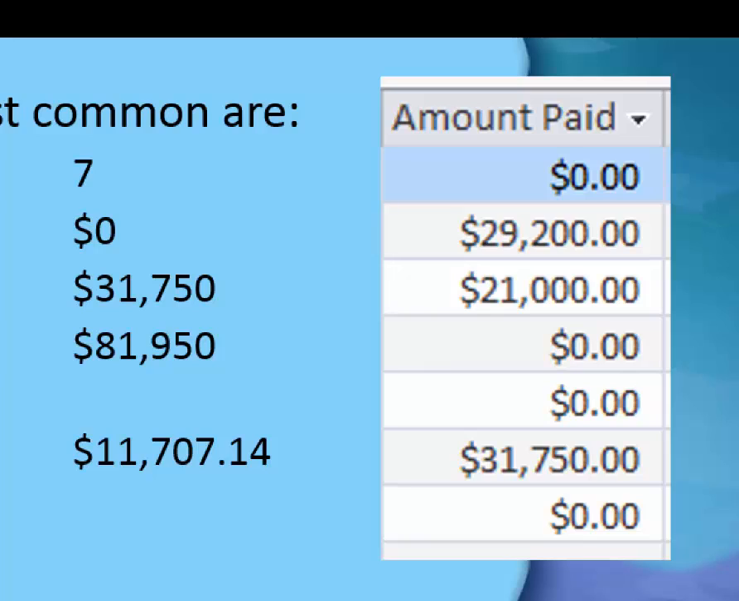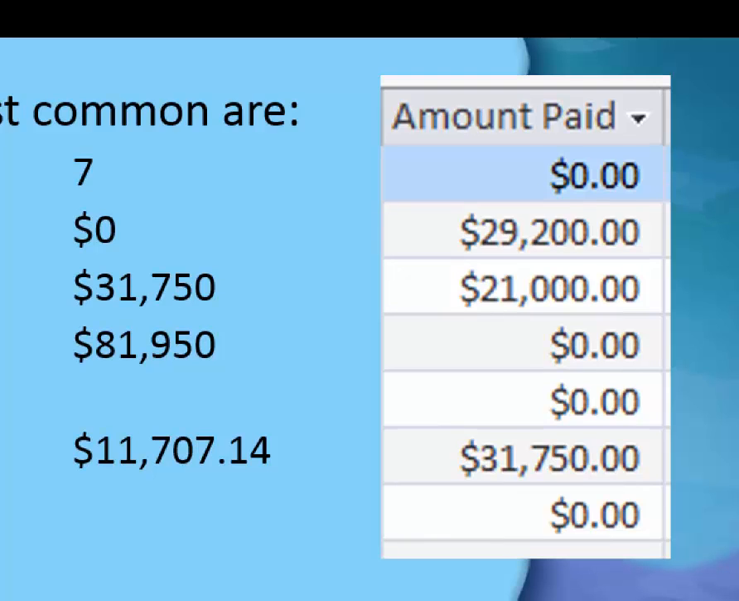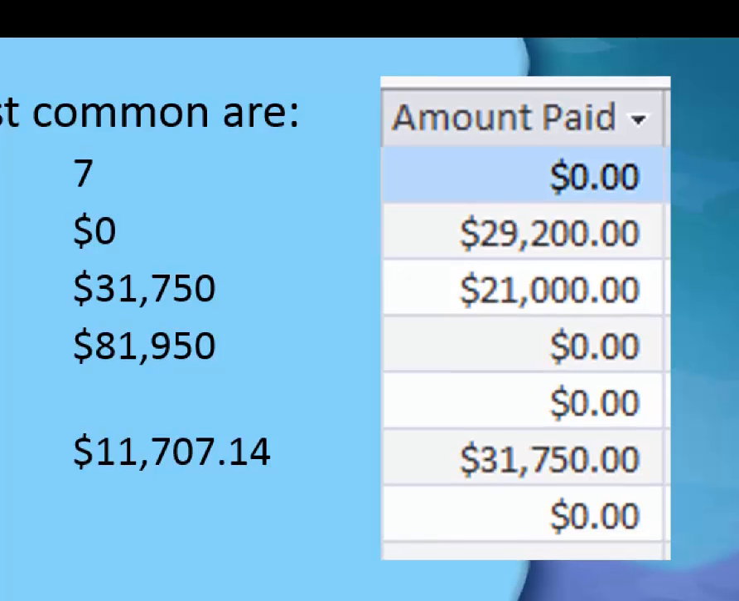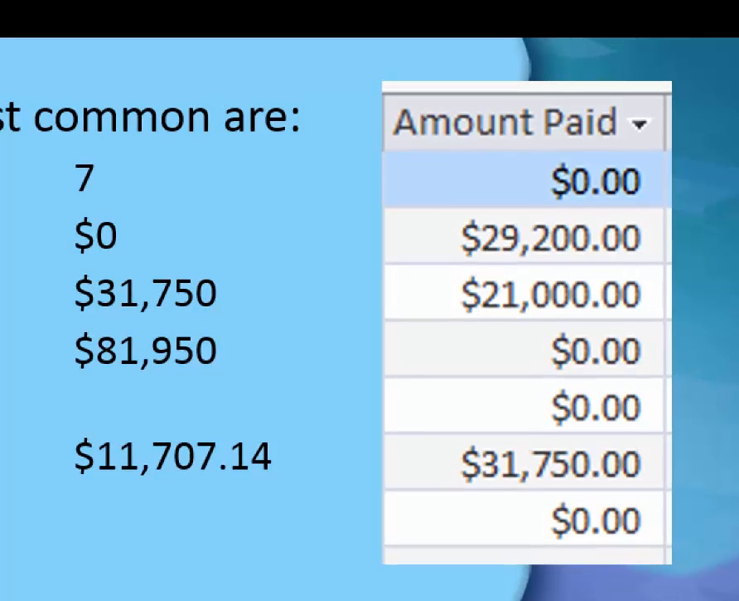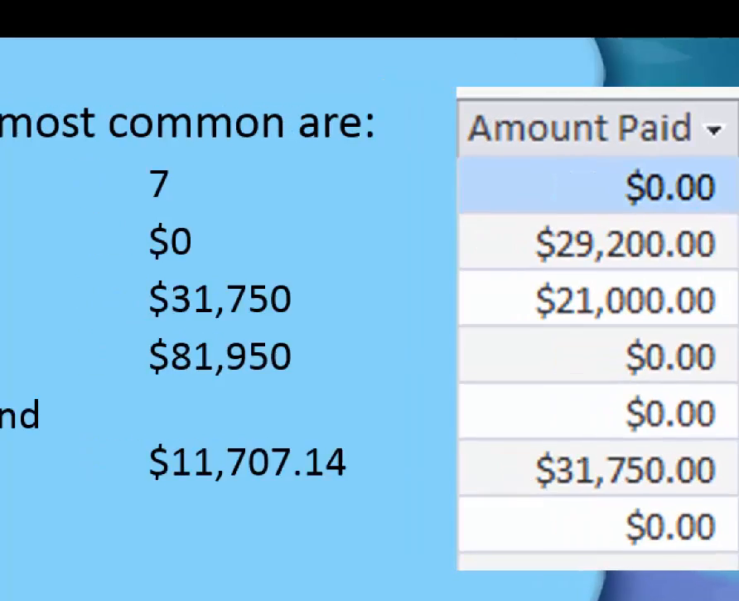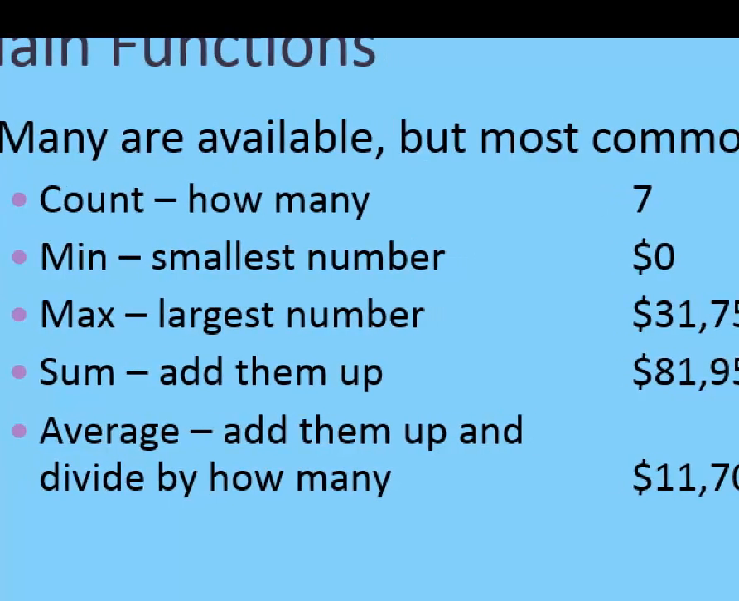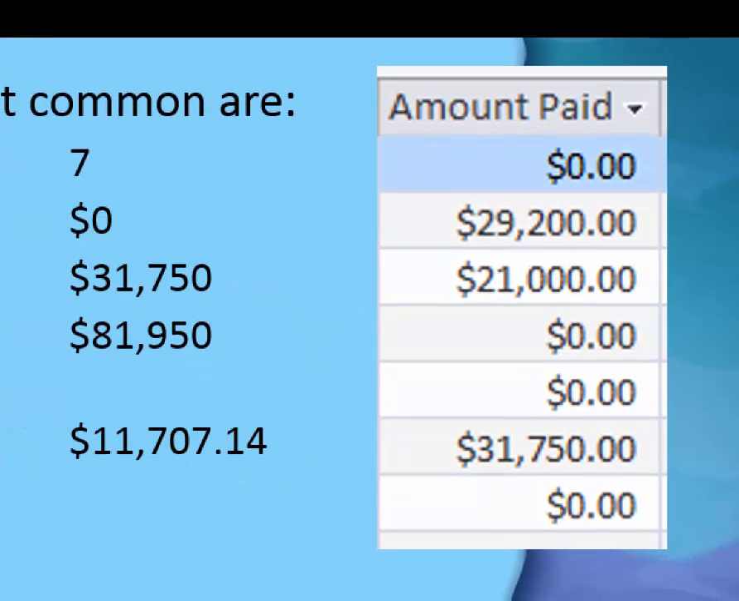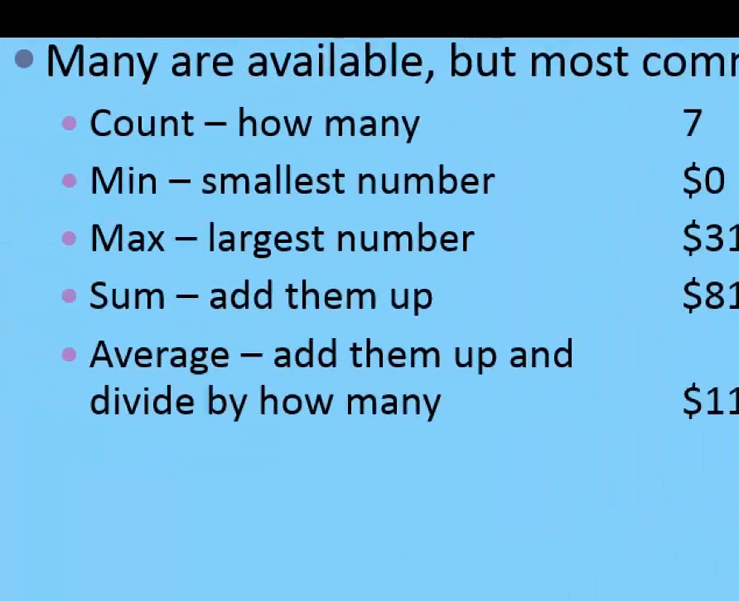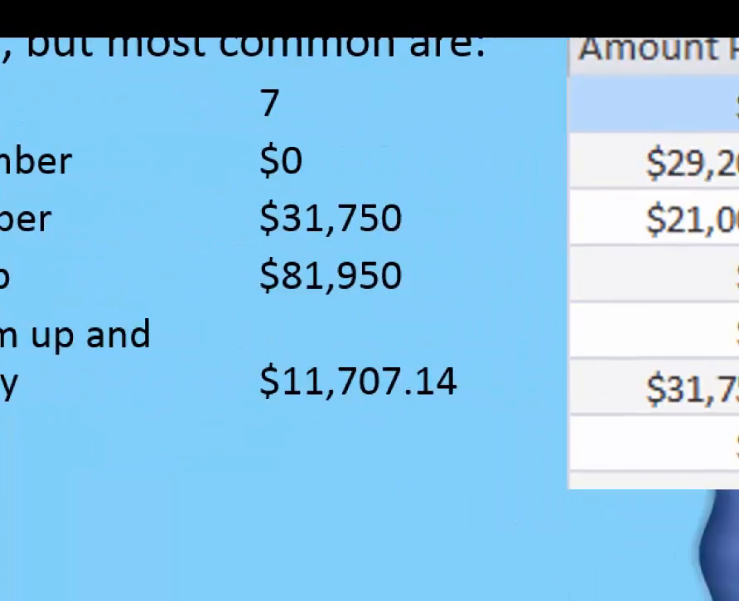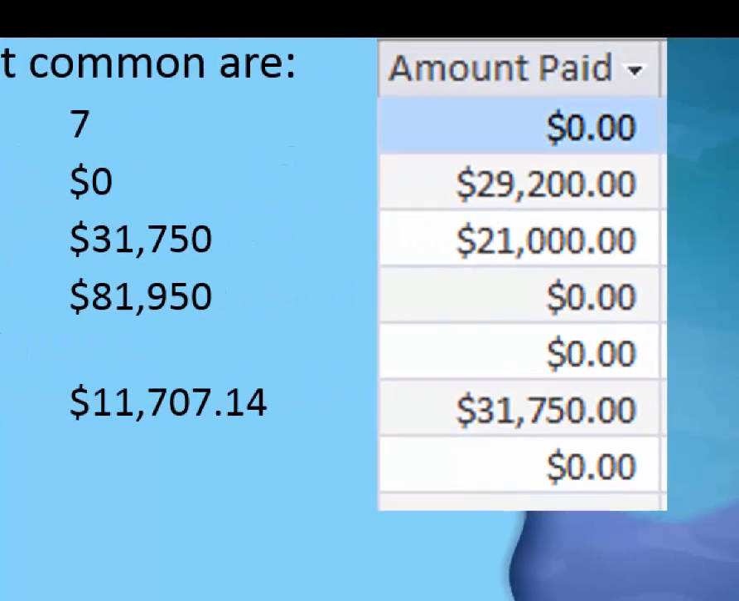In my table here, you see this is one field from my customer's table, client's table. There are 1, 2, 3, 4, 5, 6, 7 of them, so the count is 7. Min means the minimum or the smallest number, and the person who paid the least, there are 4 of them who have not bought anything yet. Max is the largest number, the person who bought the most, which was